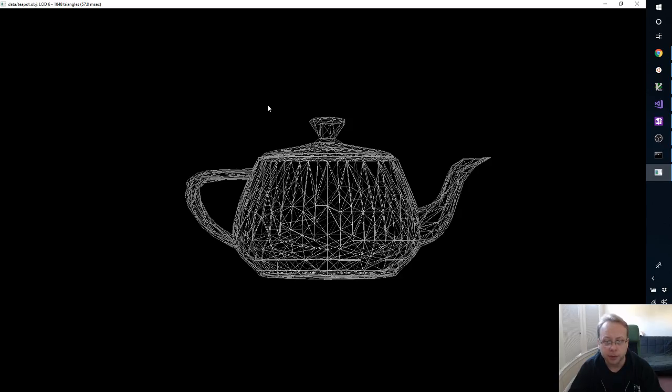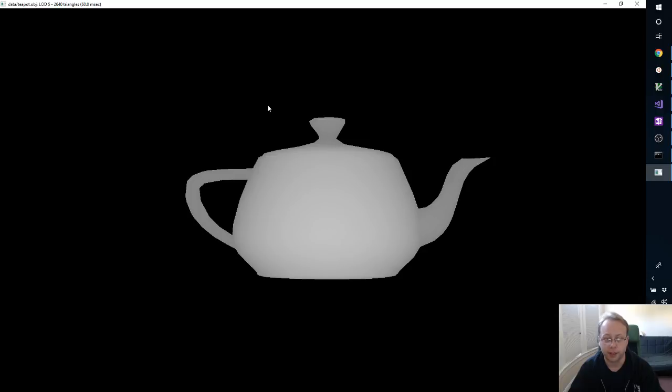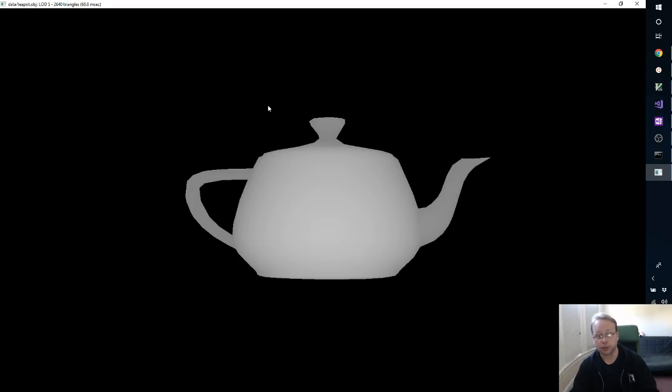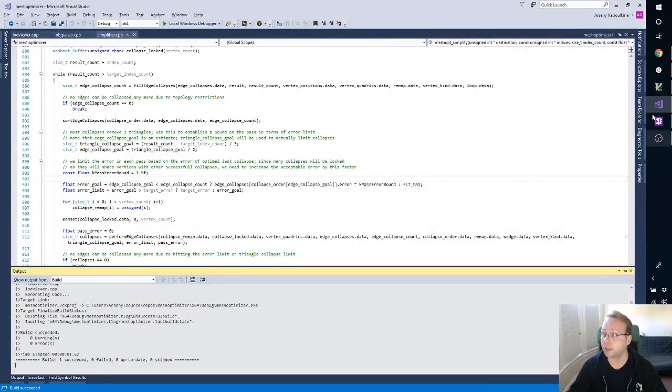Actually, yeah, maybe let's do this. So, okay, let's start from here. So this is still a reasonably fine teapot. It has way fewer triangles. It has like 2.5k triangles instead of the 15k that it had originally. So let's save this to a file, and then let's